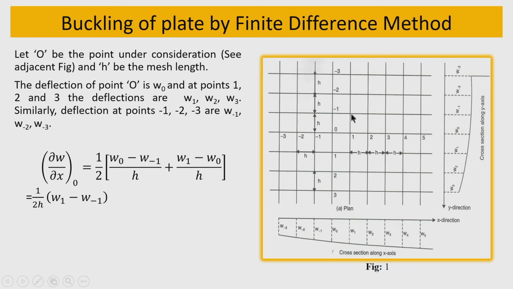In a rectangular plate, of course, we can vary the mesh sizes. So, the plate is divided into a number of small divisions, and you can see a node, with reference to which we will discuss the difference form of the derivative. So, let us consider that 0 is a node and 1, 2, 3, 4, 5 etcetera are the node numbers